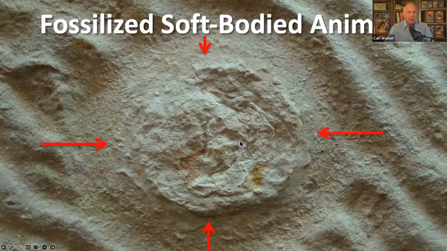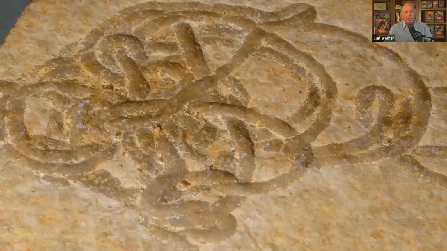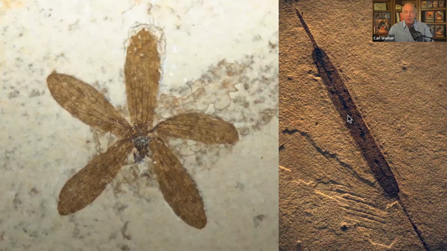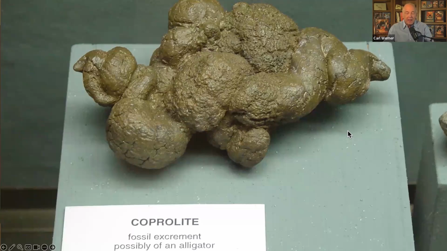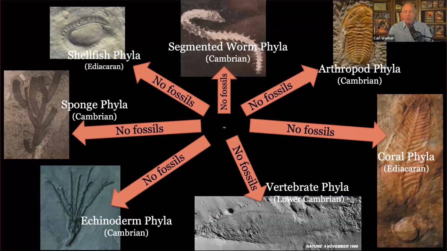and we have fossil jellyfish, things that you would think would not be fossilized, difficult to fossilize animals, like worms and flower petals and this cattail head here. That's very soft. And even alligator poop. I don't know if the other person is still with us online here, but just imagine how hard it is to fossilize poop. And yet here we have all these fossils that should fill this in of soft, small animals,